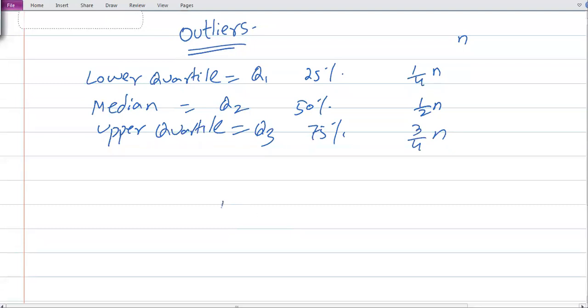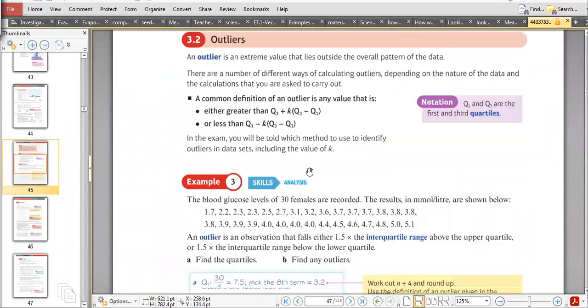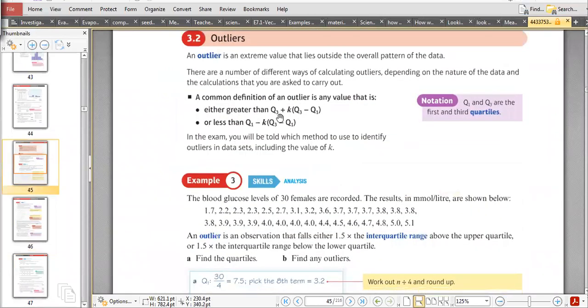For example, let me say this is our whole spread of the data, then your Q1 might be here, Q2 here, Q3 here. Now, if the outlier is not defined, in most cases the definition of the outlier is given within the question. If a special outlier is there, otherwise you can remember that we can define our outlier in two different ways. One way to define the outlier is it might be either greater than Q3 plus,